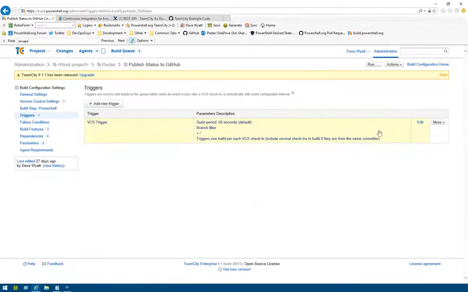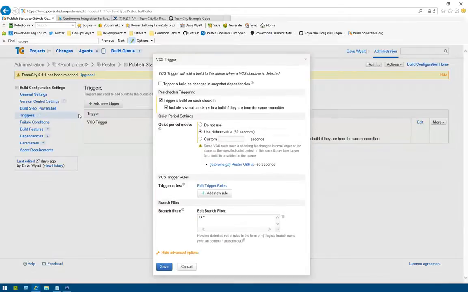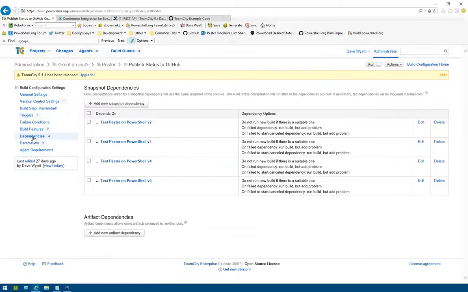So because I've got a VCS root for GitHub, I can just use that Pester GitHub here as the source, and I can say that as long as no new commits are coming in for a 60-second period, go ahead and run a build. And then because I've got dependencies here defined, it will run all of these first and then take action based